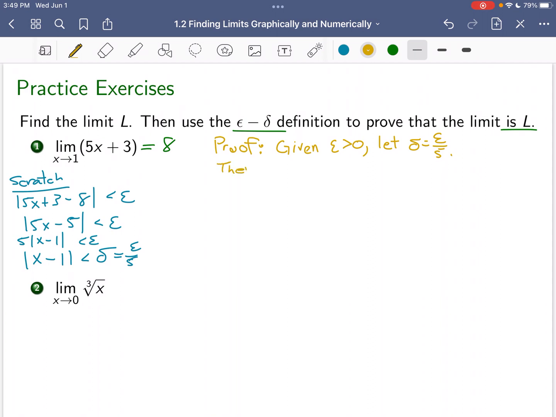Then 0 less than the absolute value of x minus 1 less than delta, which is epsilon over 5. So we would have x minus 1 is less than epsilon over 5, which implies